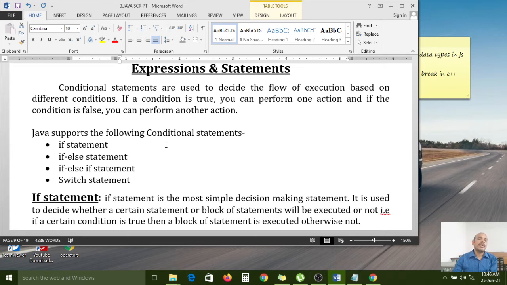It controls the program execution from one direction to another based on the given condition. The direction changes by itself, so they are called control statements. So we have these many names for the control statement: conditional statements, control statements, selection statements, and decision making statements.